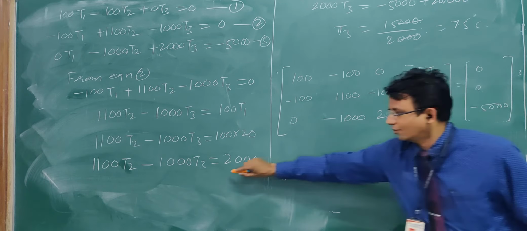So this will be 2000 and this will be minus 5000. Now I can solve these equations and calculate the values of T2 and T3. So after calculation,